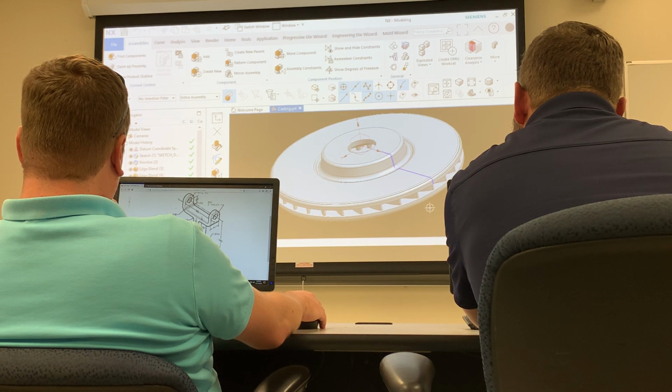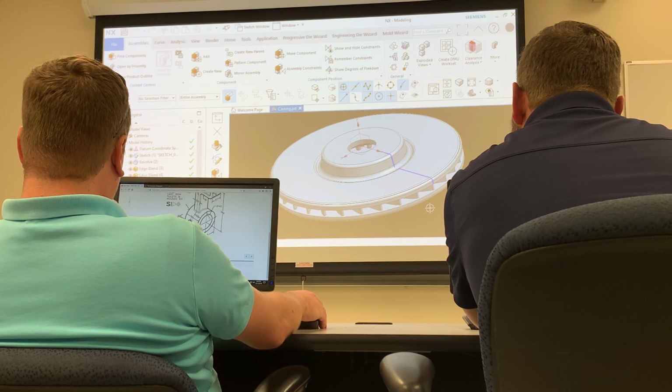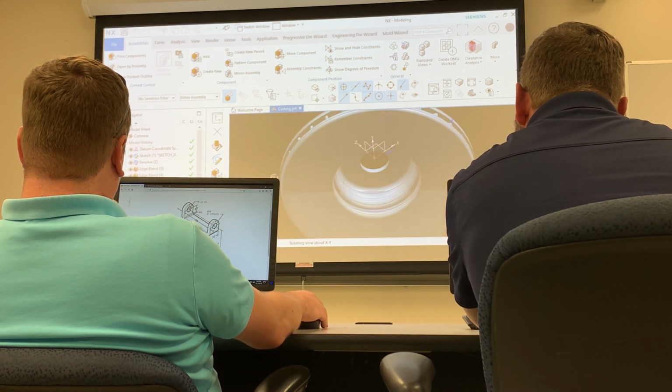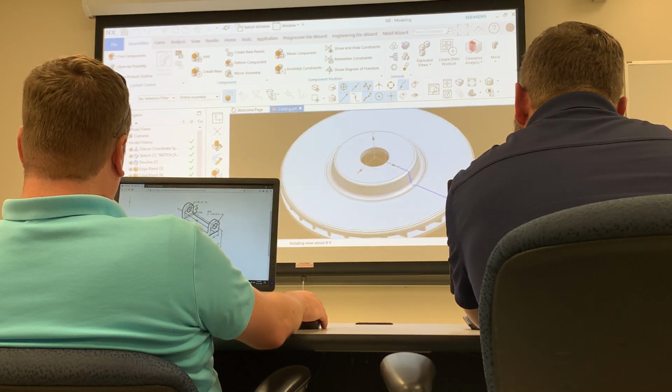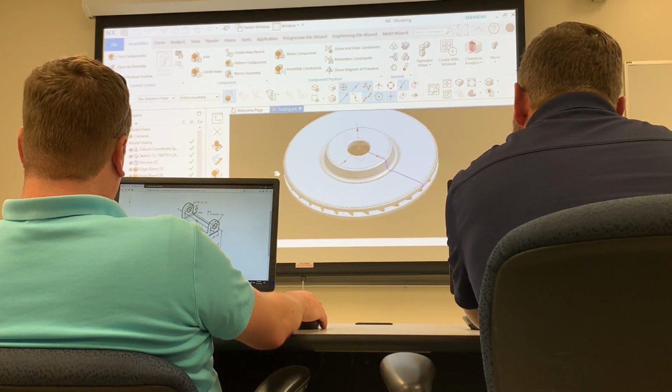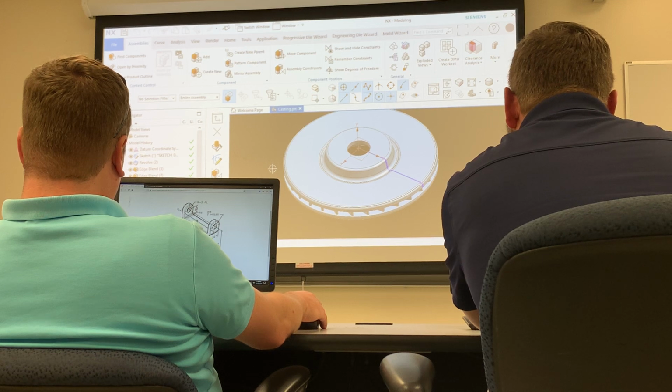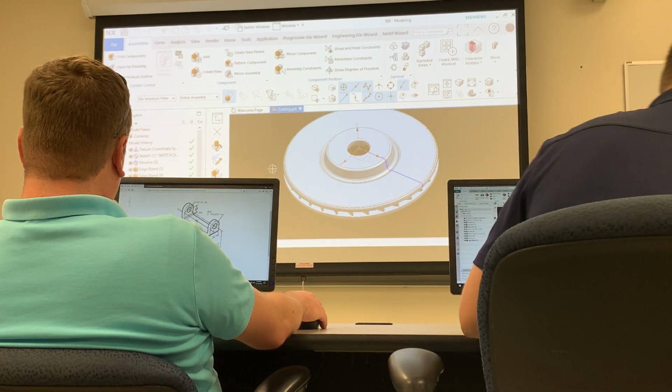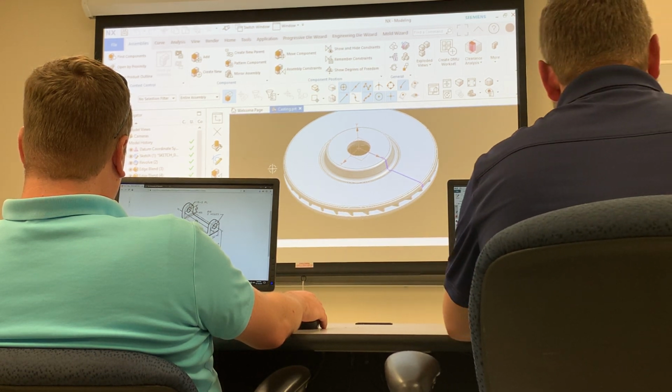What we want to do is take this and create an associative link back to this model so that if this model ever changes, our model will update. And we need to model the machined casting. Okay? All right, so if we were going to machine this casting,